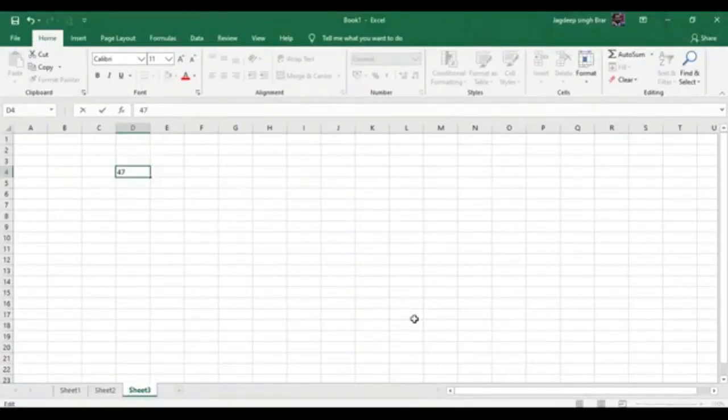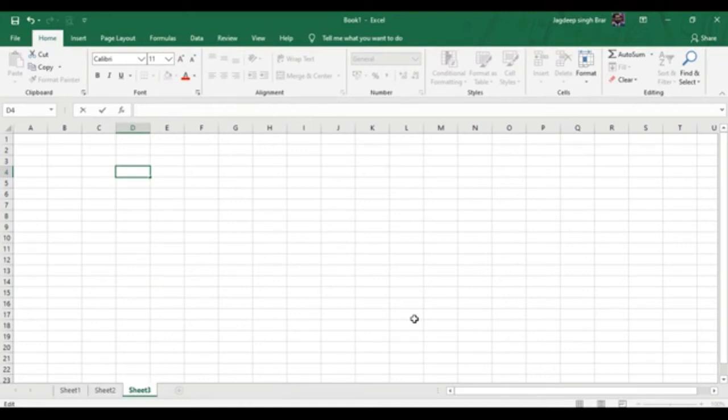Next is data types. You can enter three types of data in an Excel worksheet. One is numbers, second is text, and third is formulas. So let's learn how to enter data in your Excel worksheet. The data is entered simply by selecting a cell and typing.